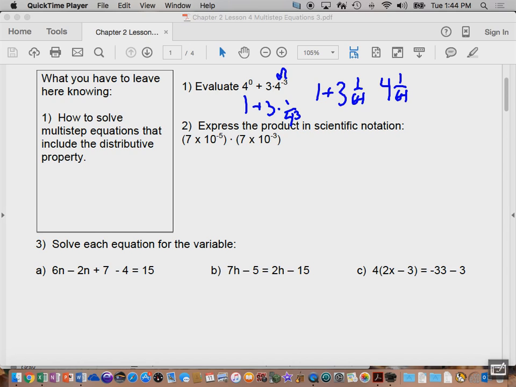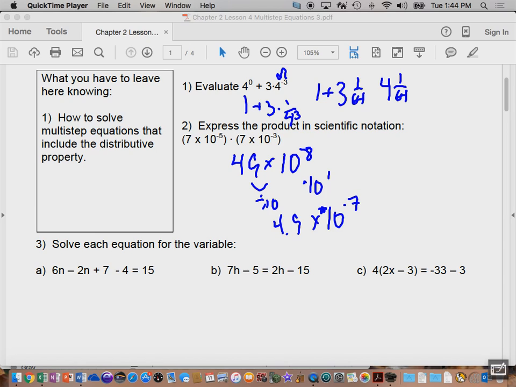Okay? Now, very similar to before. Multiply coefficients, add exponents. 7 times 7, 49, times 10 to the negative 5 and negative 3 make negative 8. But we just went over this, there's a problem. What's the problem? 49 is bigger than 10. So I have to divide by 10. Now follow me on this, because now we're getting some negative numbers here. Divide by 10, so to balance that off, I need to multiply by 10. This becomes 4.9 times, now, negative 8 and positive 1,